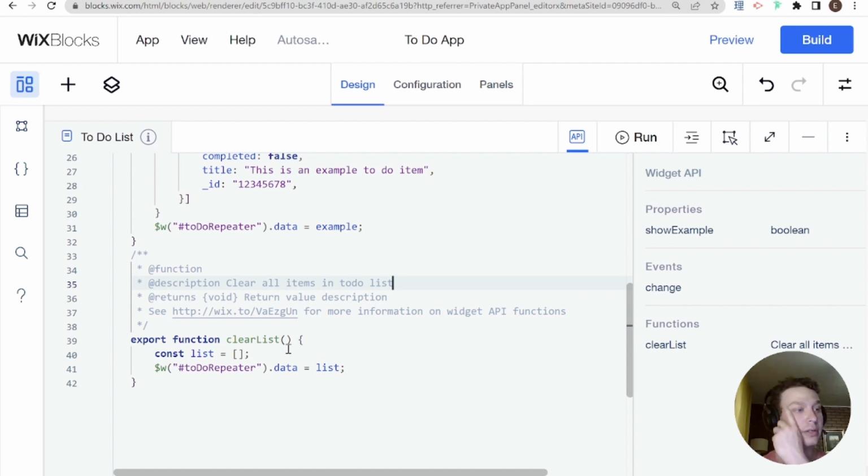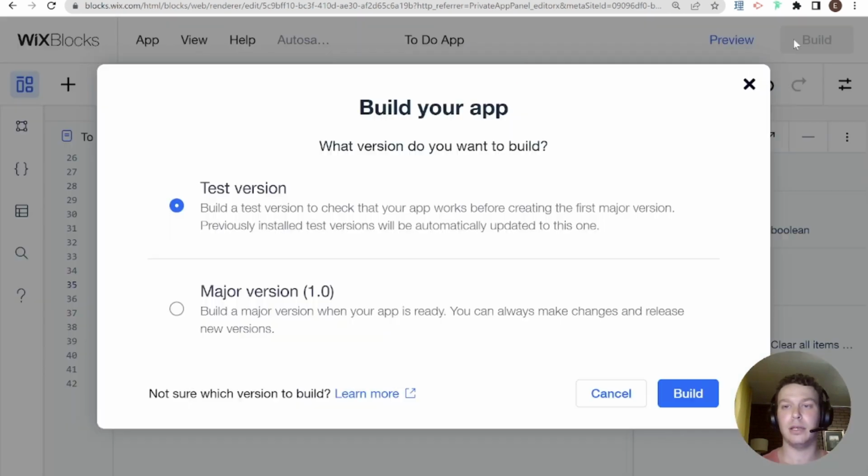Okay, so this clear list function just clears the list. Basically this gives anybody who's using our widget the ability to clear the list using Velo code. And let's see what that would look like from the site side. So if I go ahead and build this test version,